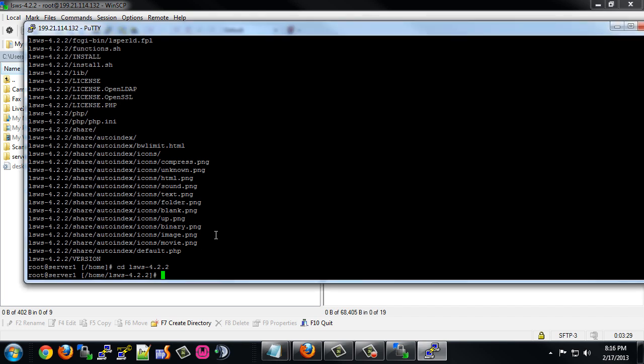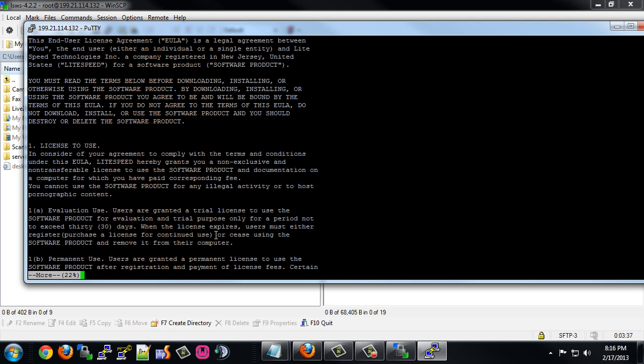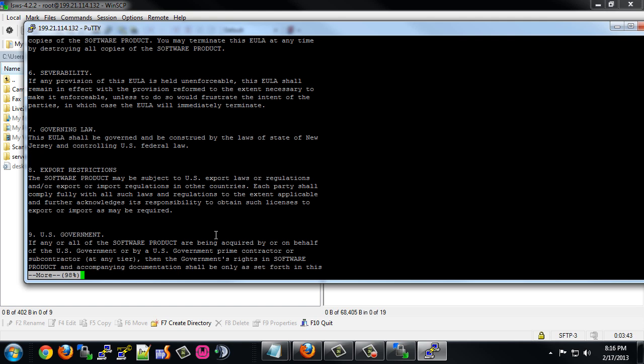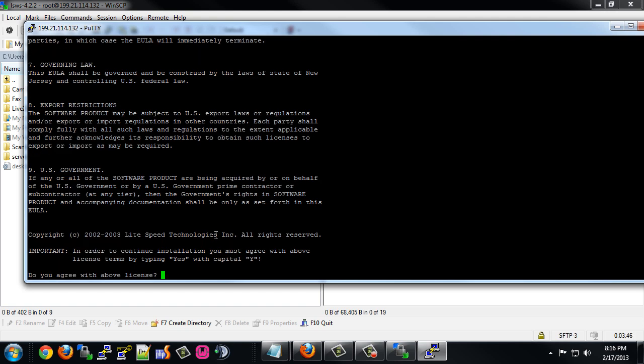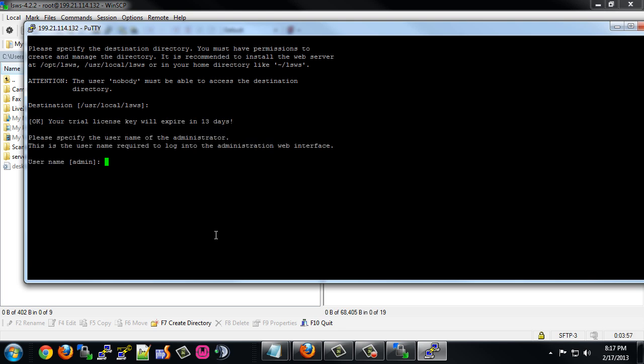Once you have done that, all you need to do at this point is type ./install.sh. Now you just hit your enter key and you can scroll down. Once you get close to 90%, you want to go a little bit slower here because we need to agree to this. So we're going to type a capital Y, type yes, and hit enter. This is the destination that I want this installed, and now I need to create an admin for it. For demo purposes, I will just type admin